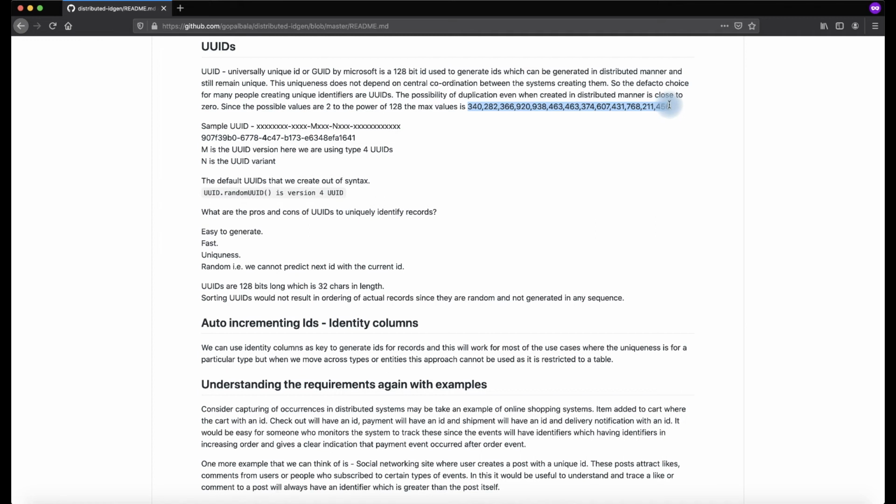Most of the time we might not even need UUIDs to uniquely identify a record. So we are narrowing down to the problem now. Whenever we generate UUIDs to uniquely identify a record, we should think: do we need this many records to be persisted uniquely? Then go for UUIDs. Otherwise, we need not go for these kinds of UUIDs.